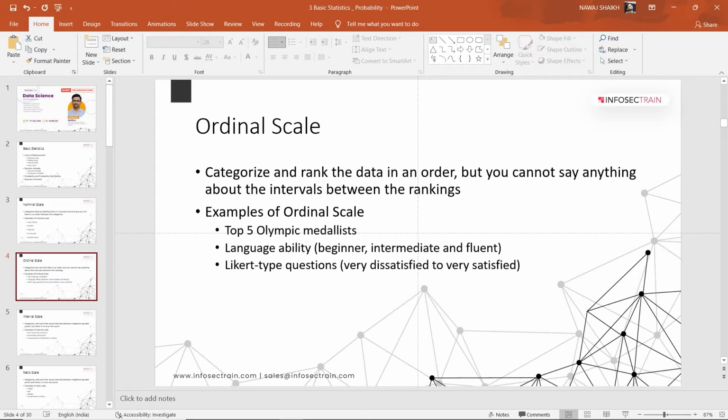So these are the different points of a 5-point Likert scale, with 5 different ranking cases.